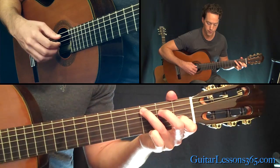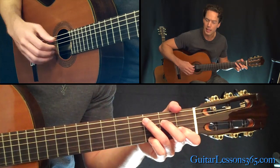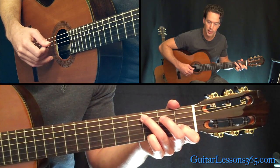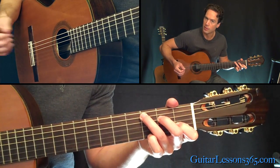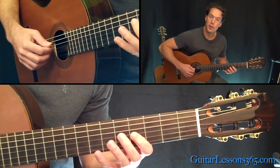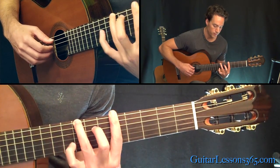Then that's just a C major chord. We'll start with the voicing with your pinky at the 3rd fret on the high E. You're just picking the 5th, 3rd, 2nd, and 1st strings. Then open E over to the regular C major chord. Then the open A, and once again lead up with a melody. Back to this